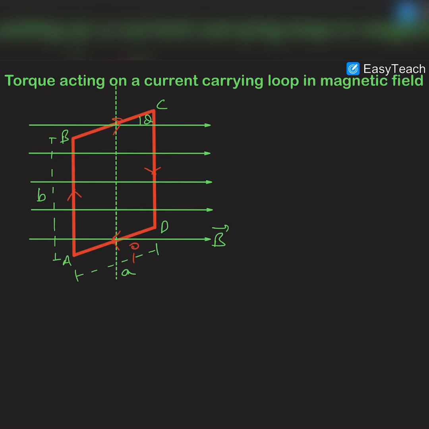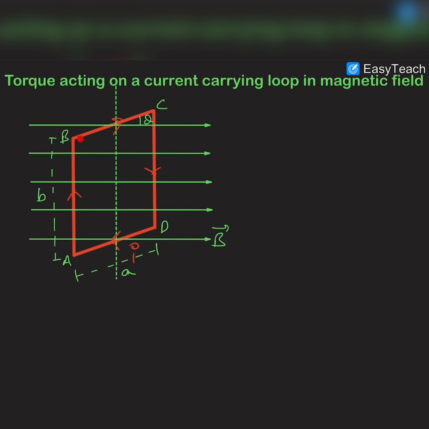In this video, we are going to discuss the formula for torque acting on a current carrying loop which is placed in a magnetic field. You can see that this is a current carrying loop placed in a magnetic field, and the magnetic field is making some angle theta with the plane of the loop like that, and current is